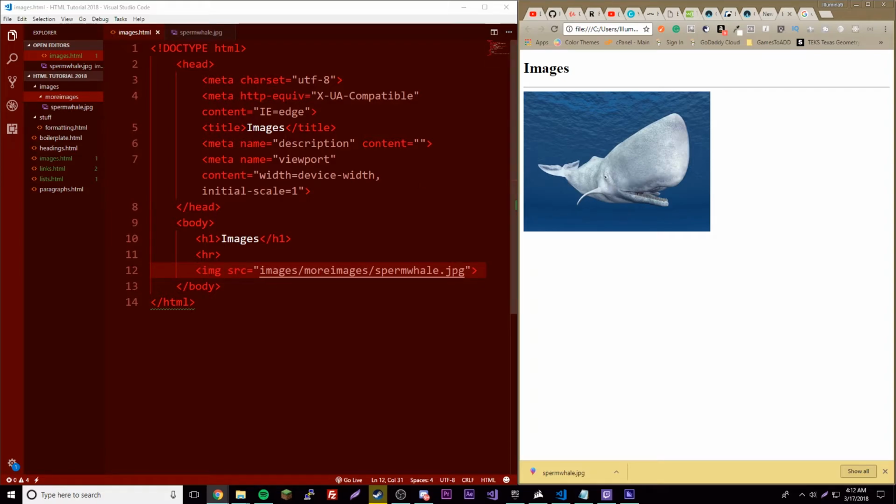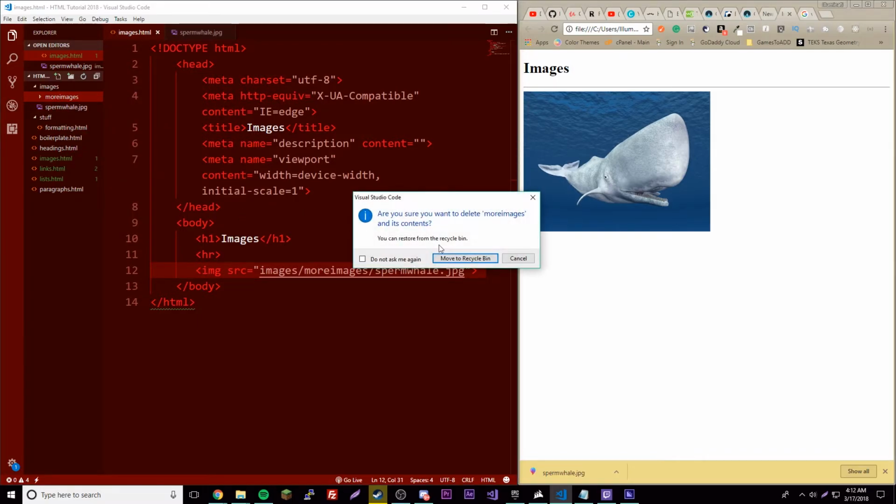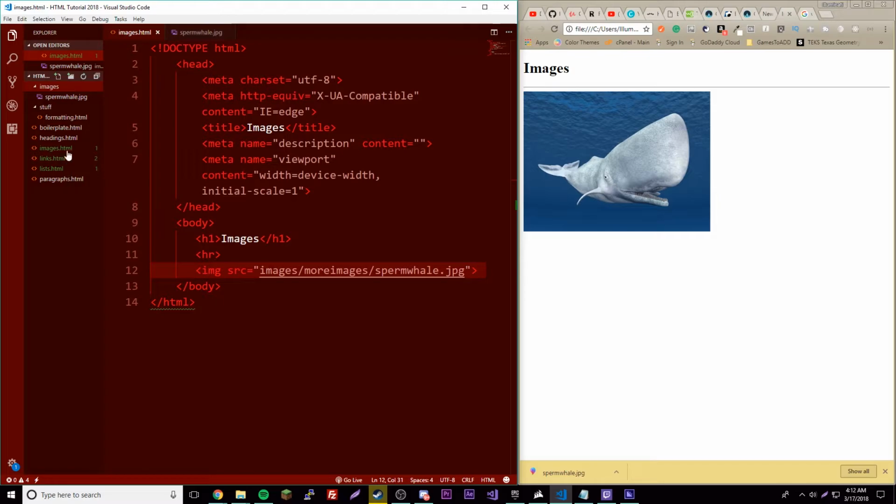And that's pretty cool. But let's say we want to make, let's see here. Let's get rid of this extra folder. We'll get rid of this. Delete, yes. And then we'll copy all of,